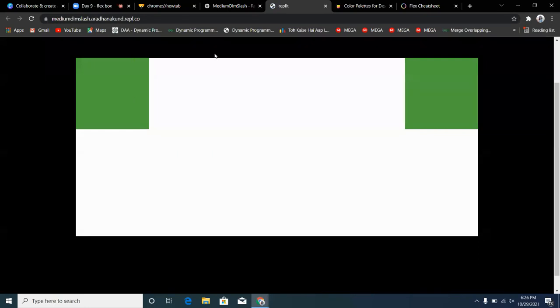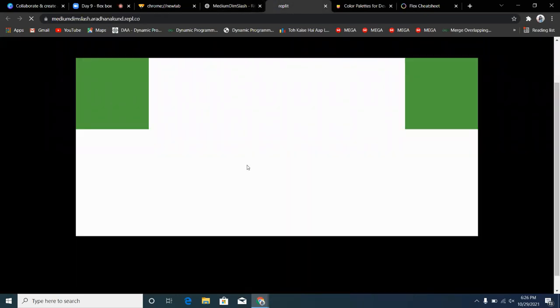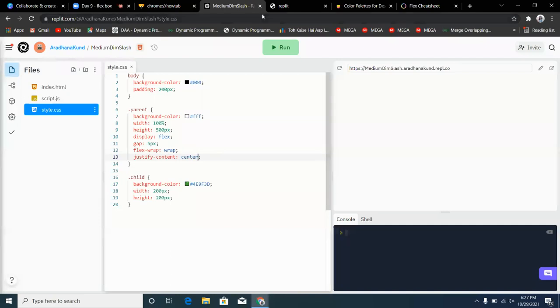If you want both the elements to be present in the center, you can write justify content center. So if I write center and refresh it, both the elements are arranged towards the center.